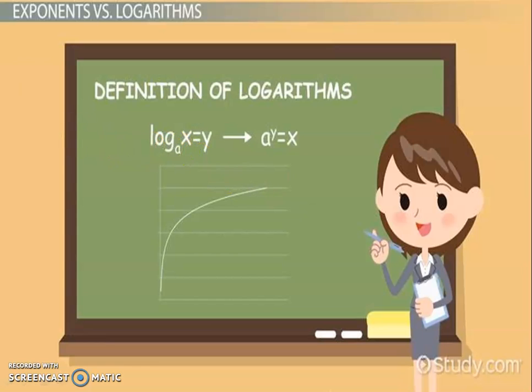Now, the last topic we discussed was how to convert exponential into logarithm. Now we go the reverse way. How? Because exponential function and logarithmic function are inverses of each other. Log x to the base a is equal to y. We convert to a raised to y is equal to x. Always remember that the base is always the same, and the index is the number, equal to x.